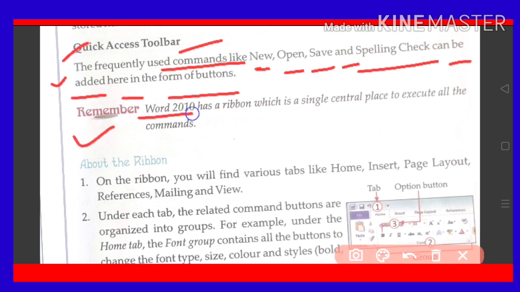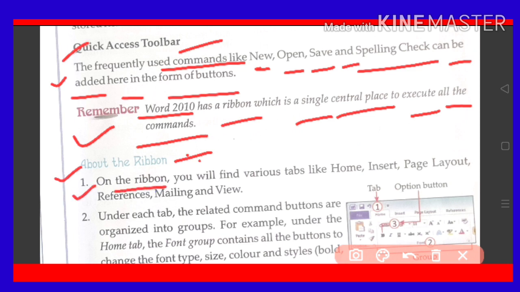Remember, Word 2010 has a ribbon, which is a single central place to execute all the commands. Next point about the ribbon. What is the ribbon? First point, on the ribbon you will find various tabs like home, insert, page layout, references, mailings